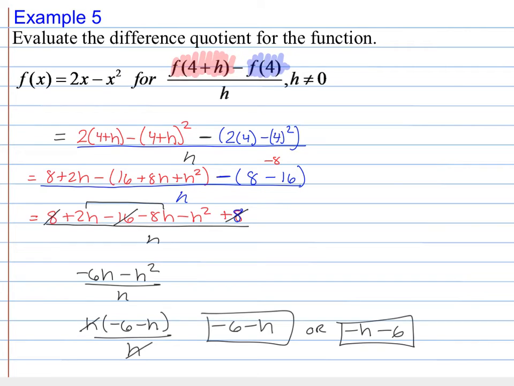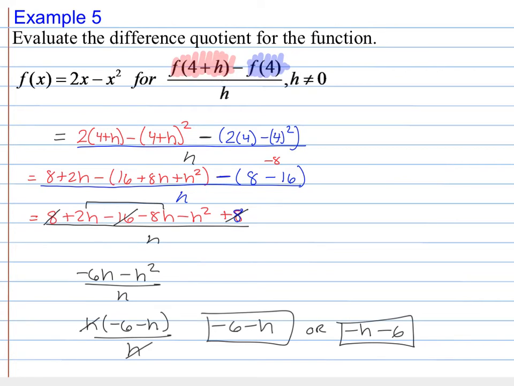On this next problem, I did it as one whole piece. And again, you get to choose what way you want to work it on your assignments, on your quizzes. As long as you don't make any mistakes, you should be fine. So again, my first function, it was 4 plus h. Everywhere where I see an x on the function that was given to me, I'm going to substitute that value